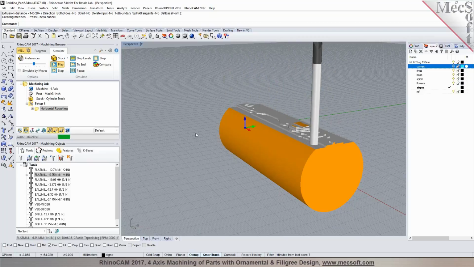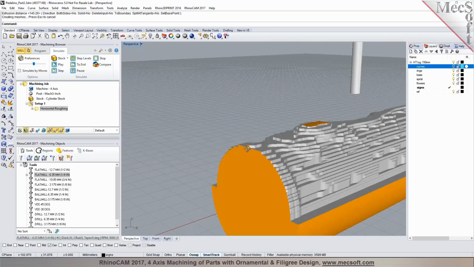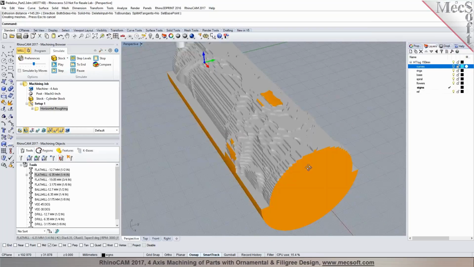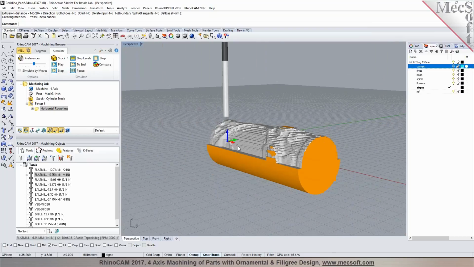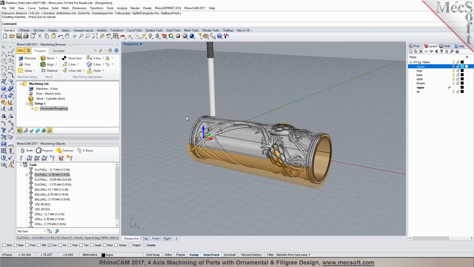This is the fast way to get rid of all the excess. A very efficient way to rough it out, because it takes into account your stock and then the part, and you can see that you're roughing it down in levels. So once you have it roughed down from the top, I could program a table rotate operation using rotate table